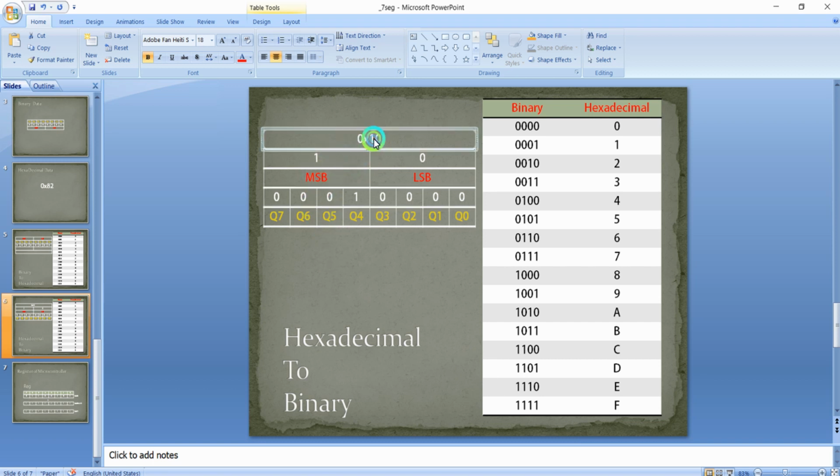So 0x08 in hexadecimal can be represented as 0000 in the MSB, and the 8 in the LSB will give the data 1000. So 1000 means the Q3 output will be turned on and all the other outputs will be turned off.